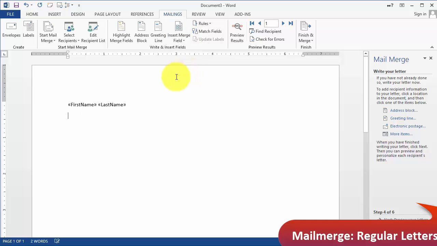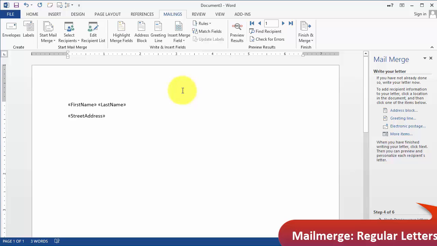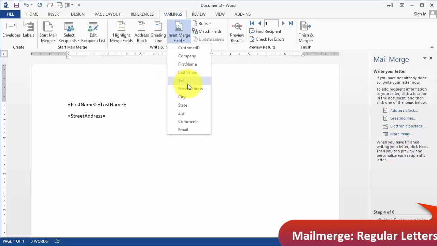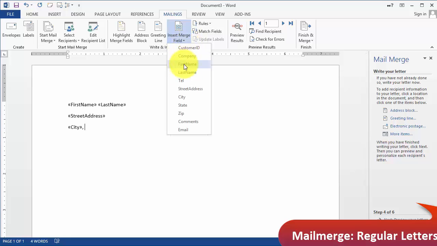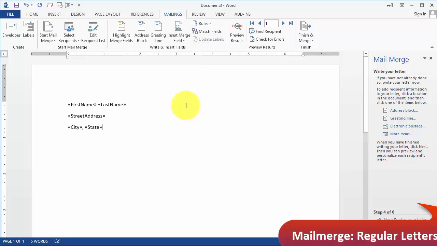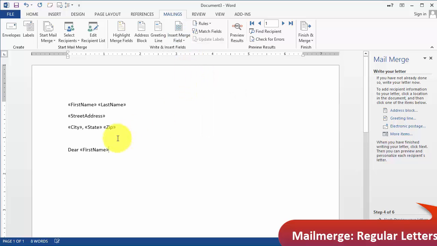last name, street address, city, state, and then zip code. Now you could write your letter. We're going to do informal here. Your first name,